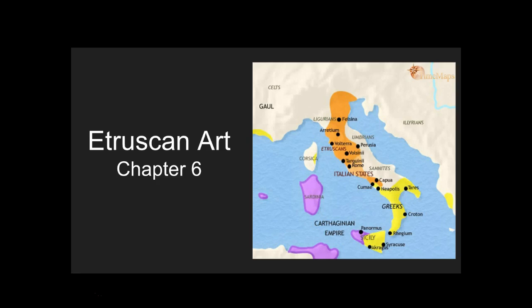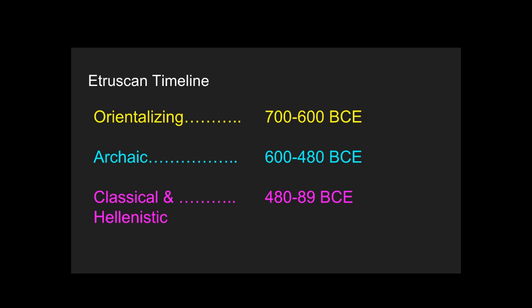The Etruscans occupied the region to the north of Rome between the Arno and the Tiber River, to the west of a mountain range. The Romans were the first subject people of the Etruscans, and then later they conquered them. So at first they were subjects of the Etruscans, and then they came back and stole everything like they normally did. So we've got 3 periods that we're looking at here: the Orientalizing, Archaic, and Classical / Hellenistic.